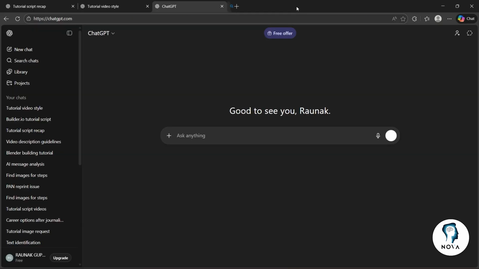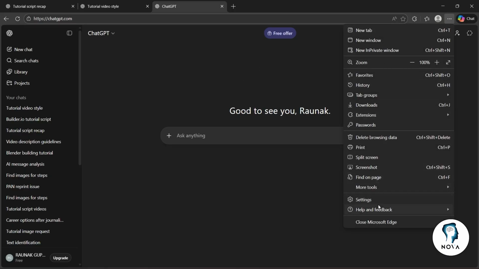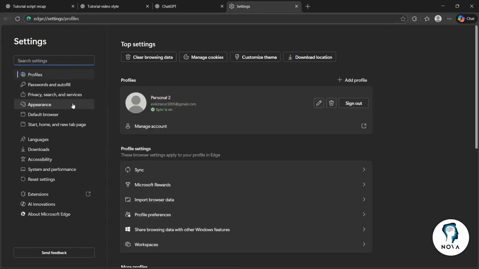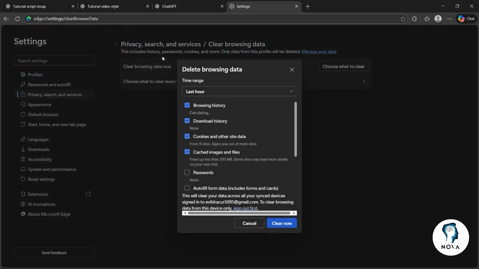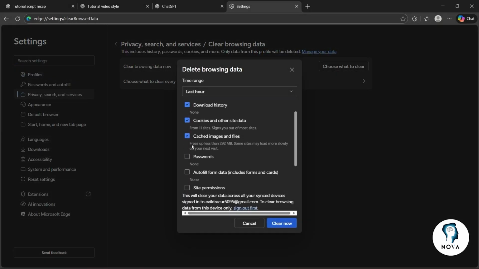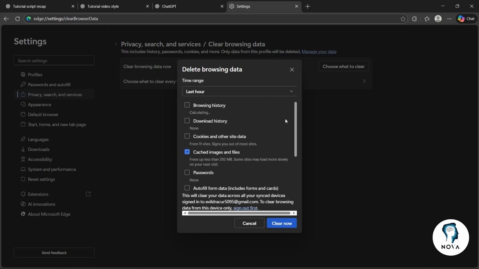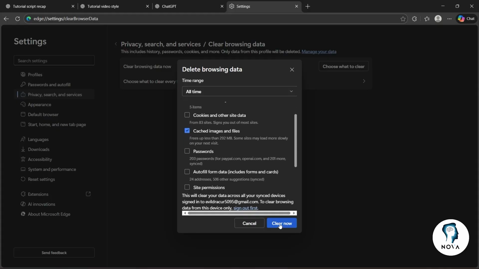So, after doing this step, you'll have to navigate to the next step, that is clearing your browser cache. So, click on the three-dotted icon at the top right and click on settings. Now, here, click on clear browsing data. Now, here, make sure you choose cached images and files. You can also remove cookies, download history and browsing data, choose all time and click cached images and files and click